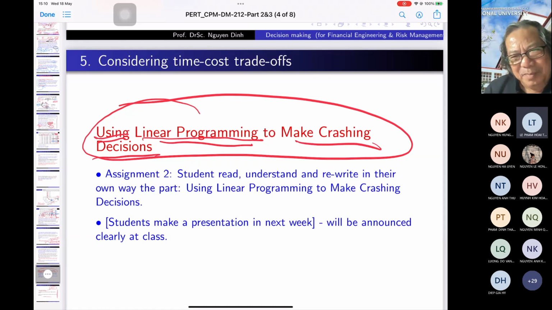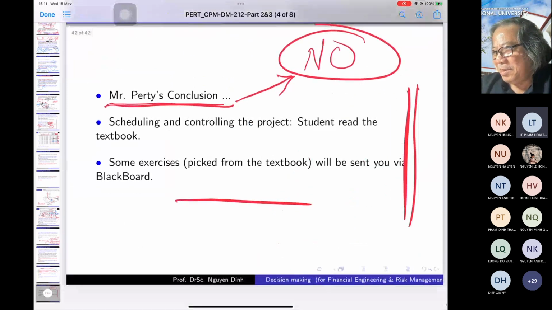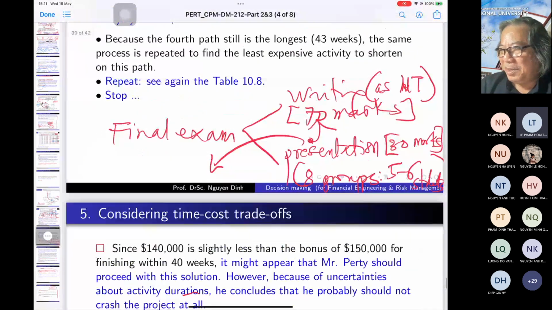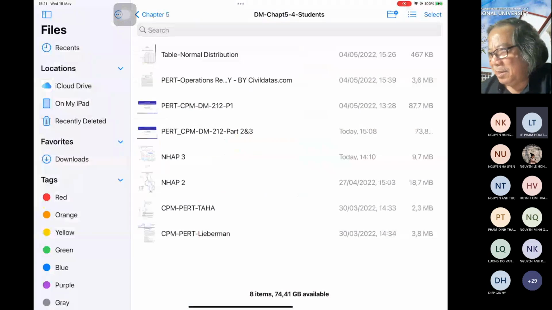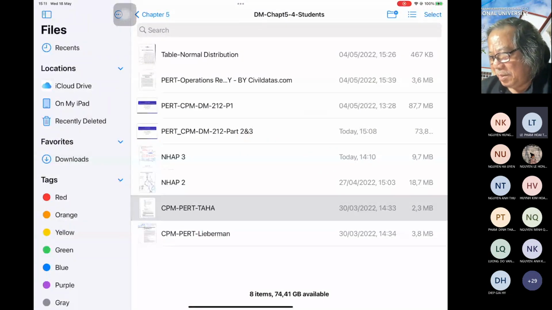Okay, I will think of some topics and introduce them to you next week. Now it's okay. I think it's just 3:10, but this is the end. Let me see that.